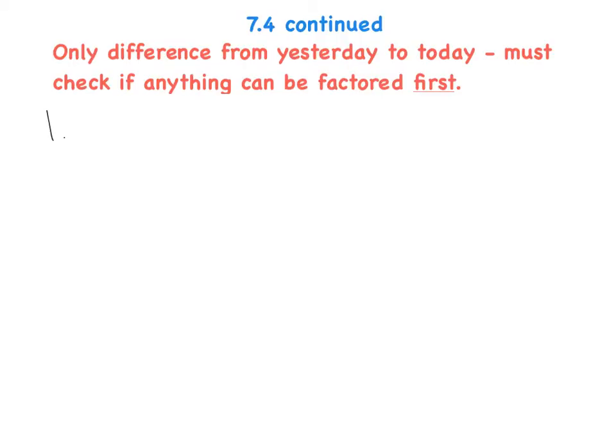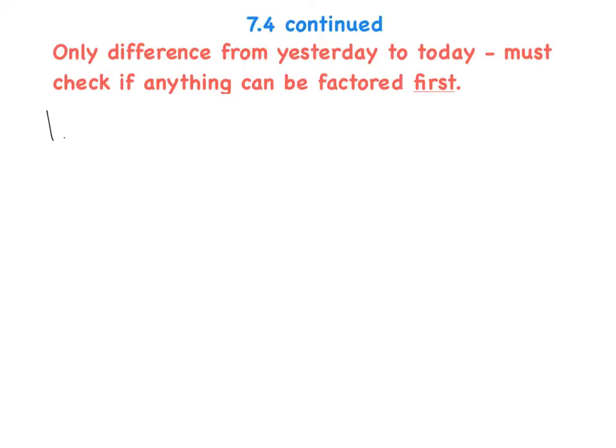So first thing we're going to do is check if anything can be factored. Then we're going to check for any restrictions, which was the new thing yesterday. Then today we're actually going to have to find the least common denominator for all of these, which is something we didn't have to do yesterday because they were all proportions. You'll see when you get to your homework today that most of these are not going to be proportions. So we're going to have to use the methods from Friday. So we're going to find the least common denominator, multiply everything by that least common denominator, cancel out the fractions,